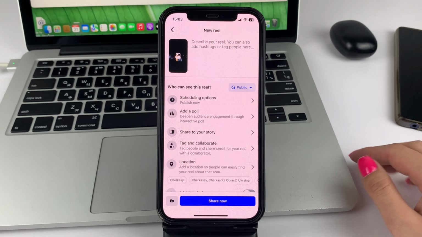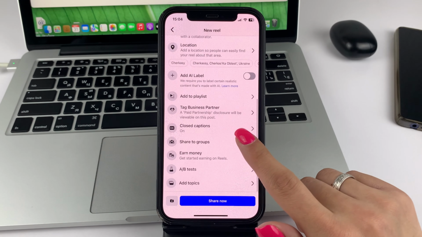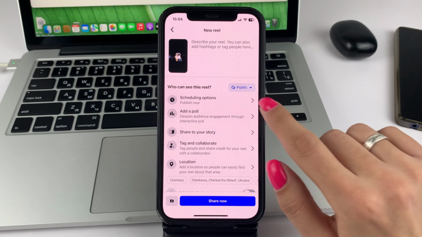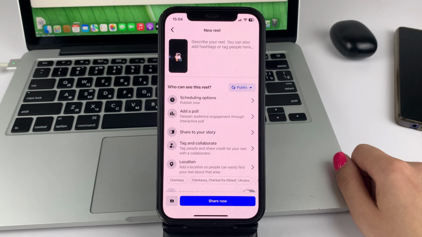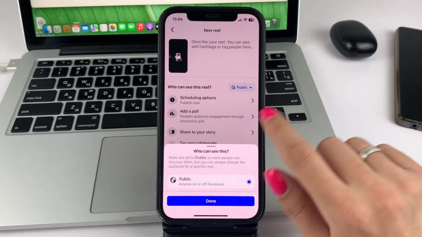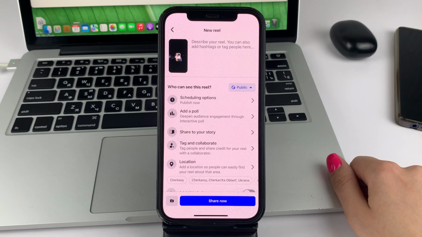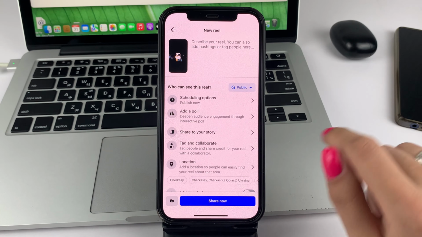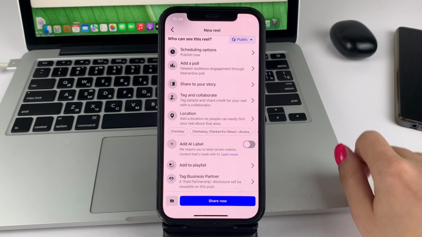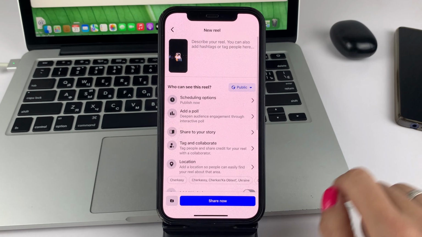Now you can also, friends, for example, on the next page you can also add some more changes. For example, you can set a time when you would like to publish such a video. You can also choose whether it will be public, that is, for all Facebook users or not. You can also add, for example, a collaboration with someone, geolocation, and so on. After that, just click Publish Now.